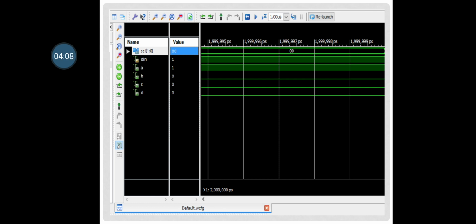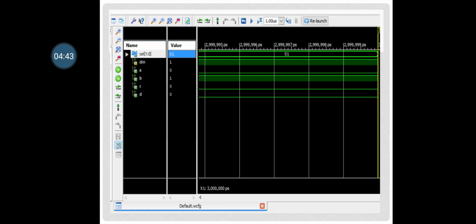You can write the test bench, and all the outputs will be shown here. If you don't write the test bench, then you can individually give the inputs and check the output waveforms. Here you can see I have kept the data input as 1, so data will always be 1. And I am going to keep changing the select lines. First, the select line I have selected is 0, 0. When I run this, data in is moved to output A, and the rest B, C, D are 0.